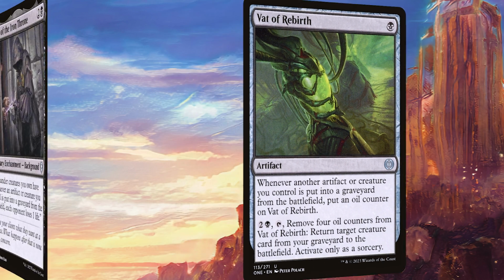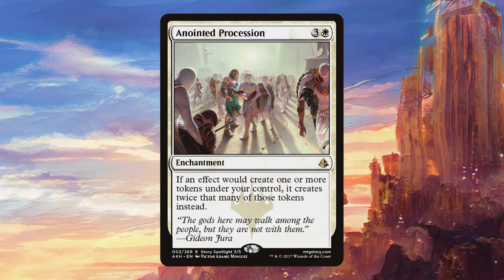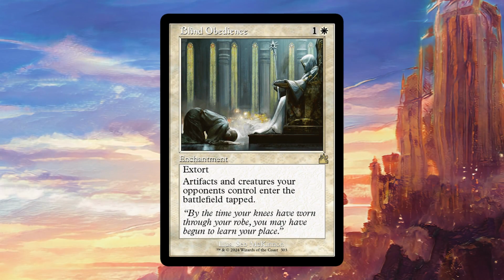Moving on to enchantments, we have Agent of the Iron Throne, which is a great way to win the game in this deck. Anointed Procession is going to be crucial by doubling all of the tokens we're making. Bastion of Remembrance is a classic aristocrat card that can act as a backup win con. Blind Obedience provides a source of extort, which works very well with our commander and is also just a very